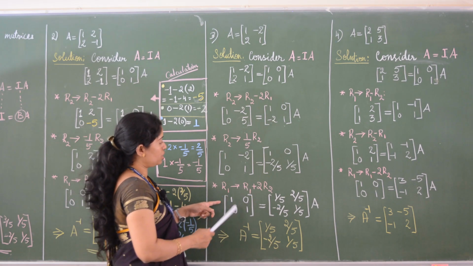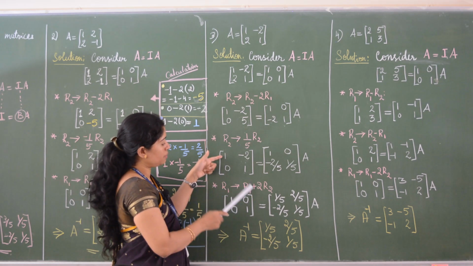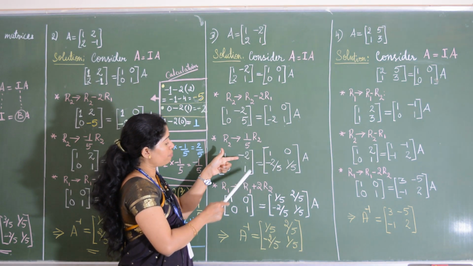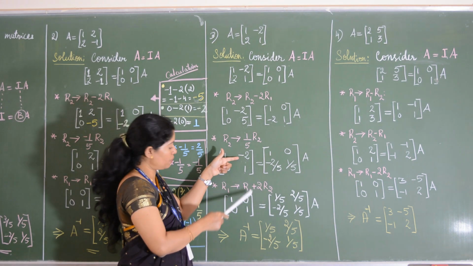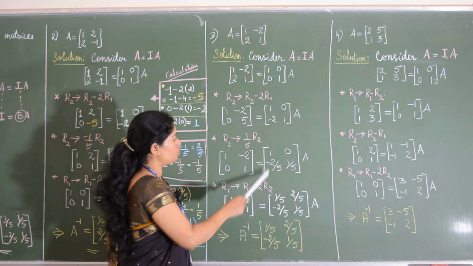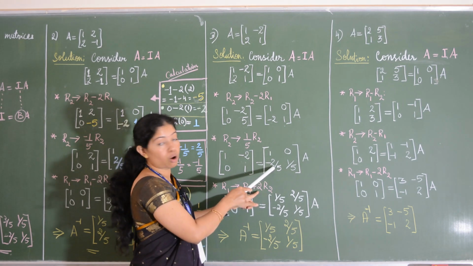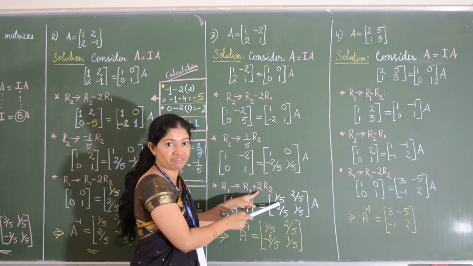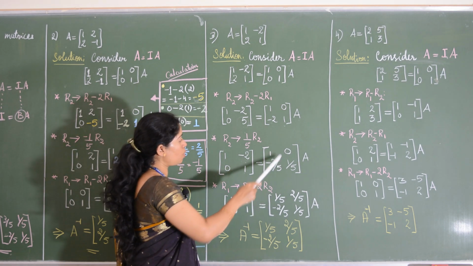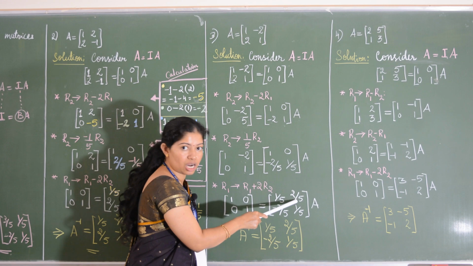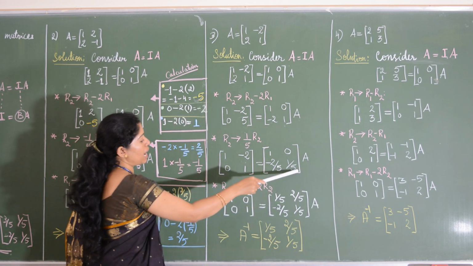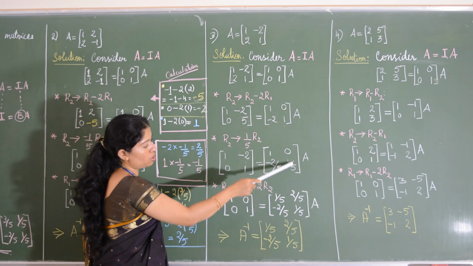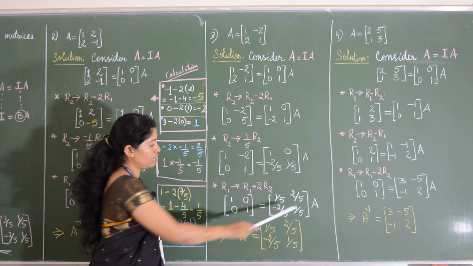So when you do this operation, you will get 1 here. 1 plus 2 times of 0 is 0 only, that is 1. Minus 2 plus 2 times of 1 is a plus 2. Minus 2 plus 2 will become 0. That is equal to 1 plus 2 times of minus 2 by 5, that is minus 4 by 5. So 1 minus 4 by 5 will give us 1 by 5, and 0 plus 2 times of 1 by 5 is 2 by 5. Second row you have to copy as it is. 0 and 1, here also 0, 1, minus 2 by 5, and here also minus 2 by 5, 1 by 5, 1 by 5 into A.